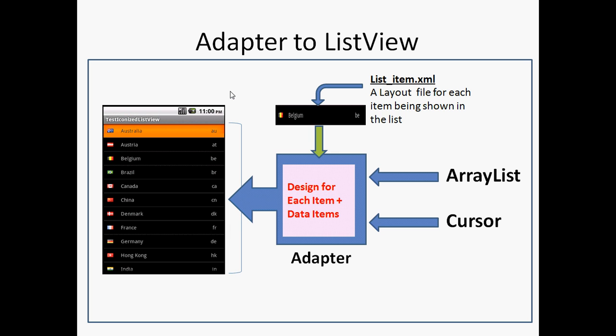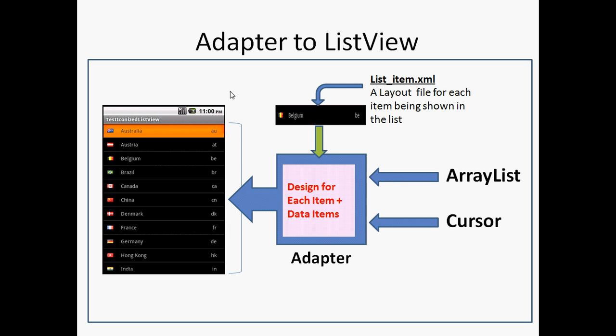Alright, so when you have a requirement in such a way that you want to show some information from the data in terms of a list to the user, as you know, when you do some manipulation of data on a database, we will be implementing queries, right? So queries will return a cursor object, and this cursor object we can directly set into the adapter. We can specify the design for each and every item that has been returned by the cursor, and the merged information will be given back to the list view. So basically we'll be looking at the array list and cursor adapters.